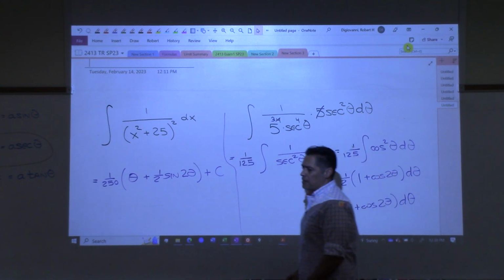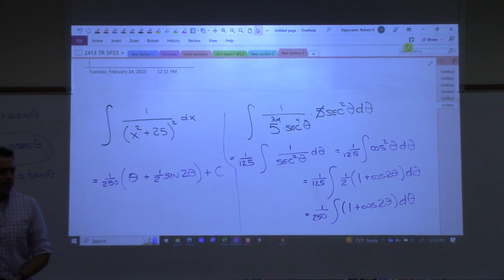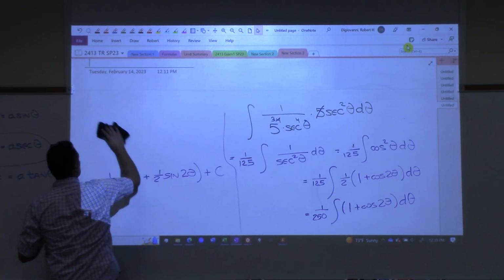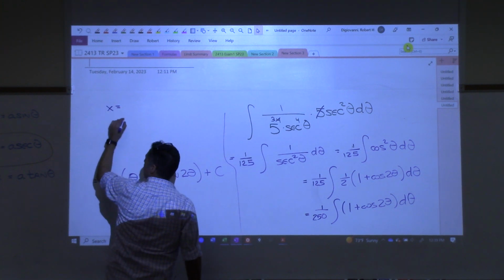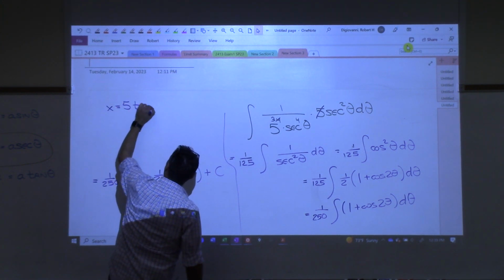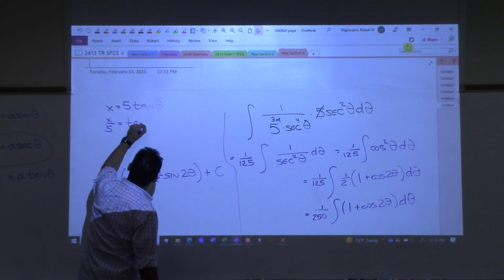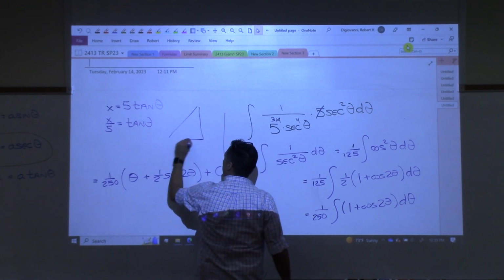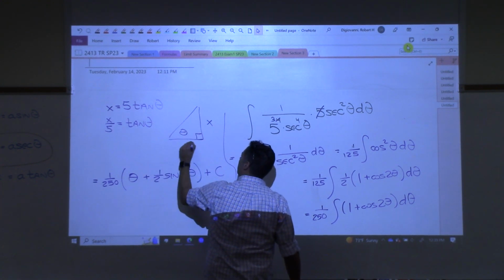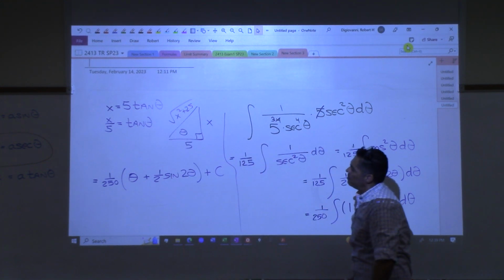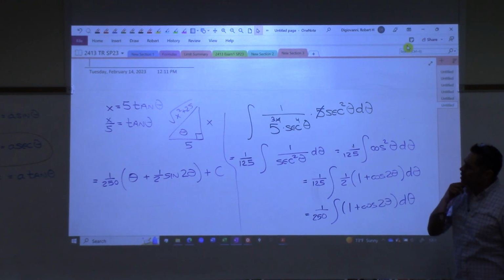And I've got to get everything back to x, right? And I run into a little bit of an issue here. Because when I try and get back to x, I'm going to erase the original problem here. If I look at my trig sub, the trig sub I had was x equals 5 tan theta, right? And if I create my ratio x over 5 equals tan theta, then my triangle looks like this. That's my triangle based off the reference, the trig sub. The problem with that triangle right